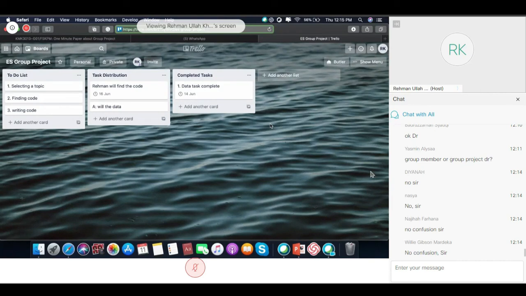So that's all. And the same applies to other group projects. The leader will create the Trello page and invite the rest, including me. So for every group project, every group leader will invite me as well as the group members.